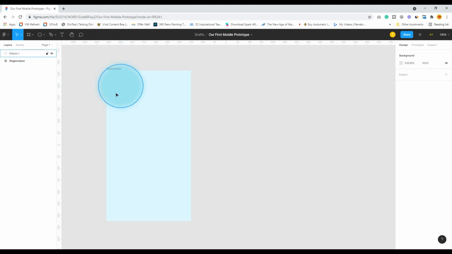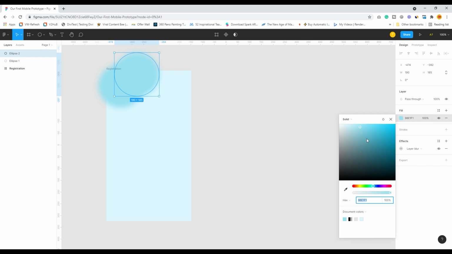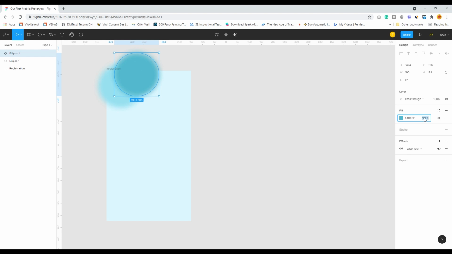See how it looks. Okay, and I will also create another instance of this circle, and give it a little darker shade of things, and also I will change its opacity to say a 60%.